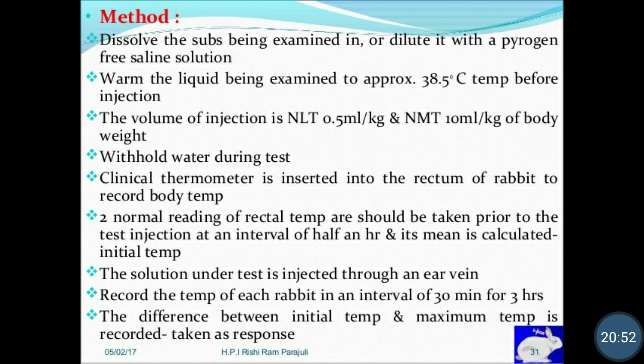That solution is warmed to approximately 38.5 degrees Celsius before injection. The volume of injection is not less than 0.5 ml per kg and not more than 10 ml per kg